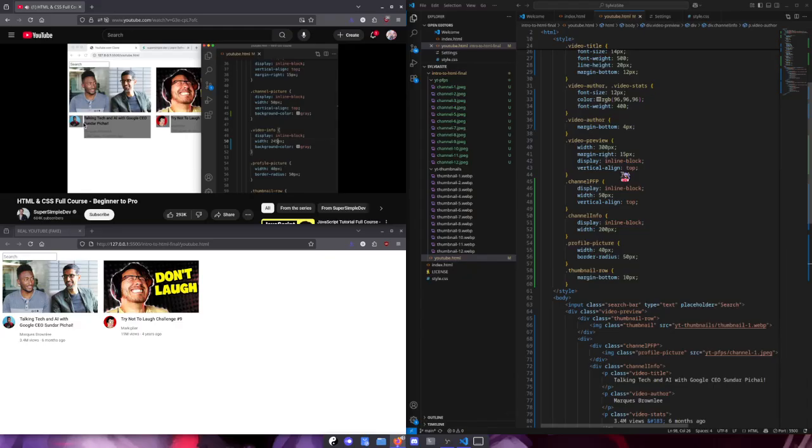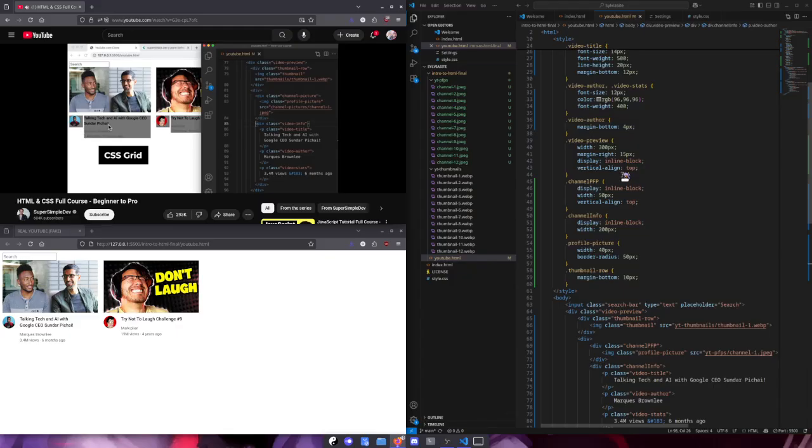Now you might be wondering where this space is coming from. If we scroll down to our HTML, we can see that there's actually some space between these two divs. And we learned earlier that HTML combines multiple spaces together, and that's what shows up here. So we could remove this and save and get rid of that space, but that means our code is less easy to read. Now the second problem that inline block has is that it's not vertically aligned like you see here. So now we're going to learn a new technique called CSS grid that's going to help us create perfectly